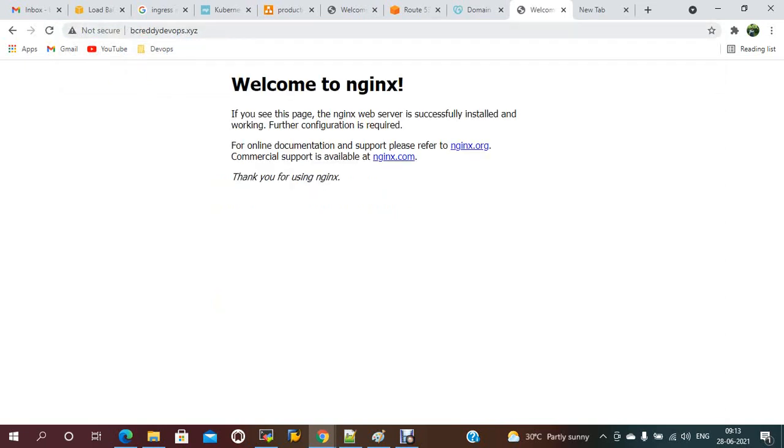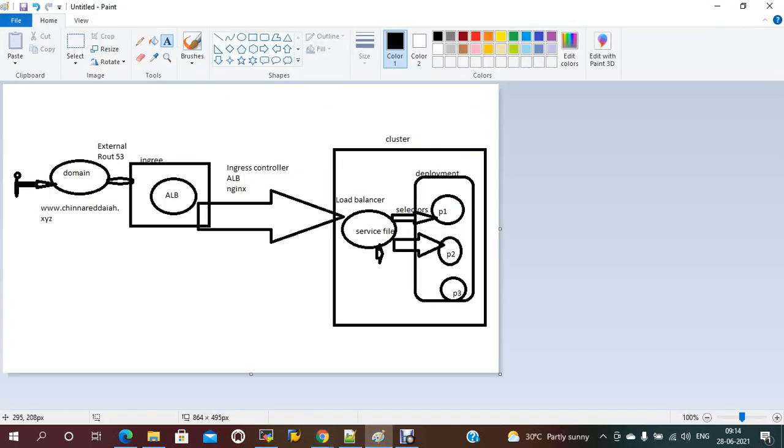See, with the domain name, I can access my application instead of the URL. This URL is not understandable for the end user, right? So with the domain name, I mapped my application. This is not secure. We will see how to enable SSL and access this application. I will do another video using Ingress on how to access your application. Currently, in this case, I mapped the domain name directly with the service name and I can access it. This part we didn't use. Next video I will try to access using Ingress.